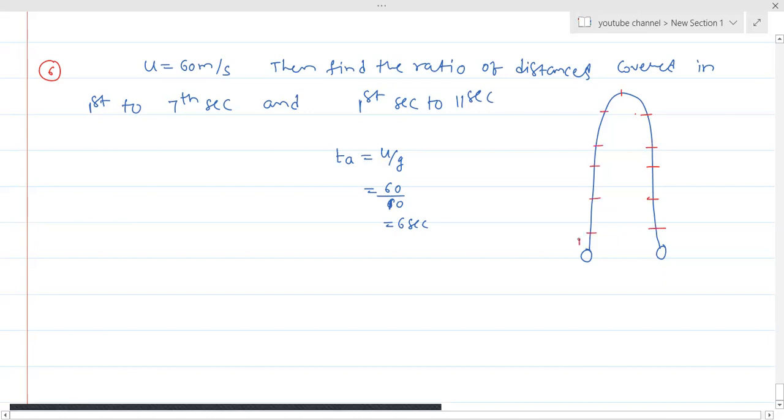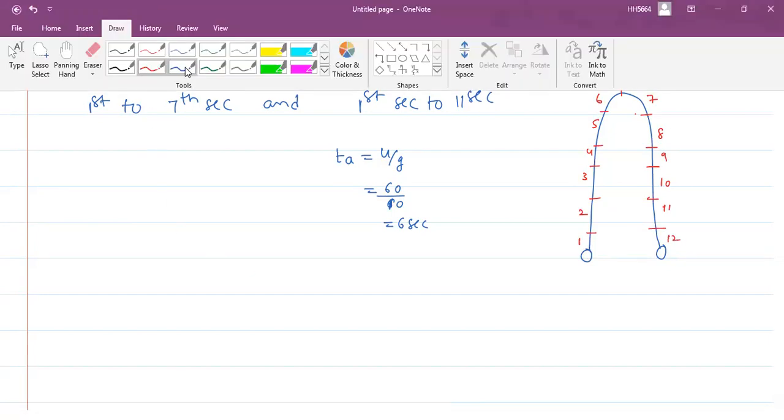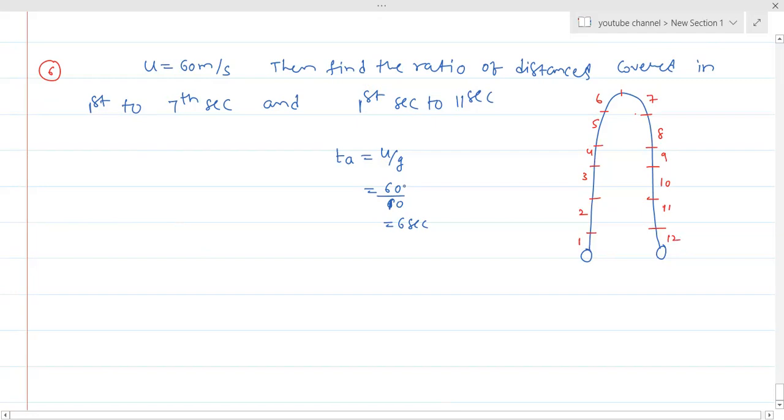So this is the distance, this is the first second, third, fourth, fifth, sixth, and this is 7, this is 8, this is 9, this is 10, this is 11, and this is the 12 second. This is the story. Just without applying any formulas, easily we can do the problems. So ఇలా ఇస్తే మనం ఎప్పుడు రైట్ సైడ్ చూసుకోవాలి. We know that these are the distances covered in successive seconds. ఇది x అనుకుంటే ఇది 3x, ఇది 5x, 7x, 9x, and as well as 11x we will say. This is the distance covered in first second. This is the distance covered in second, third second, and fourth second, and fifth second.